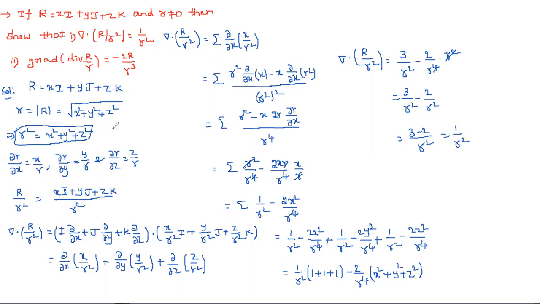So this is what they asked to prove. Don't try to learn it by heart, just understand the concept. Here we applied only the dot product between two vectors, one is del and another one is r by r square. So you can do it like this, or if you want, you can write x square plus y square plus z square in place of r square directly, and then proceed as usual. And in the previous problem also, the divergence we discussed in the morning class, without substituting also we can do it directly by taking r.